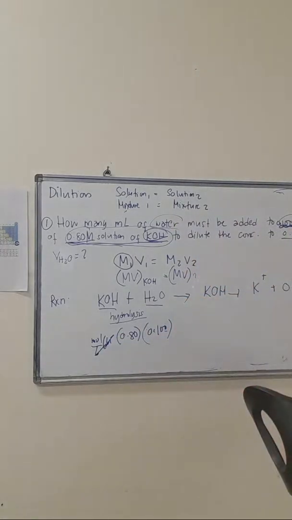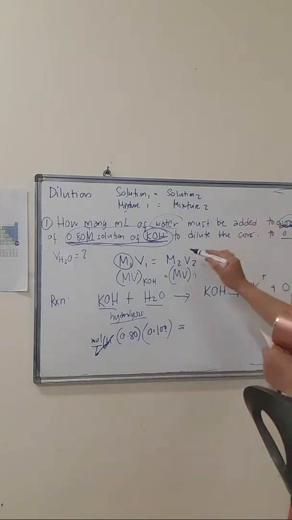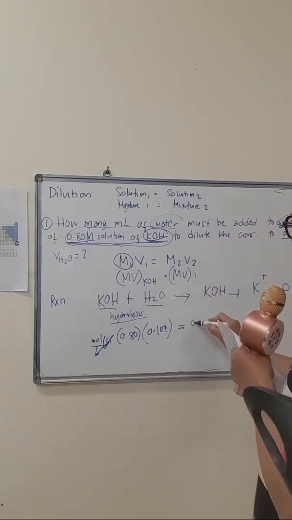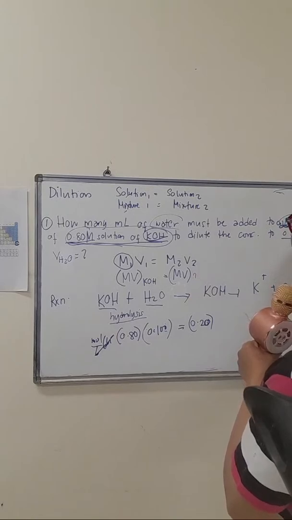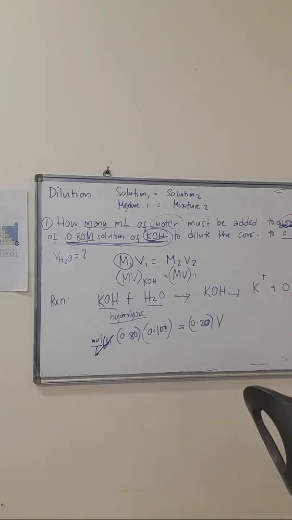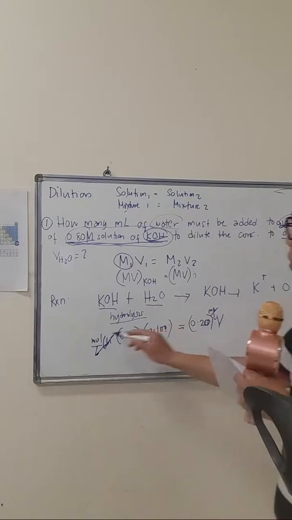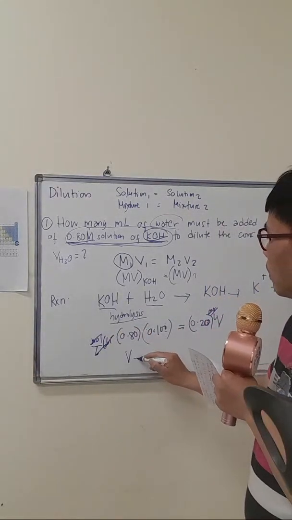Then the new mixture, the new solution. We have the molarity is 0.20, so 0.20, like that. And the volume is unknown. So it is expected that the volume will be in liters. So moles per liter here is the unit of concentration, then cancel the mole on the other side. What's left is liters. So volume is equal to